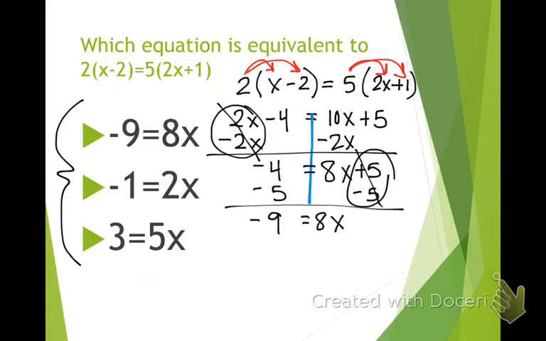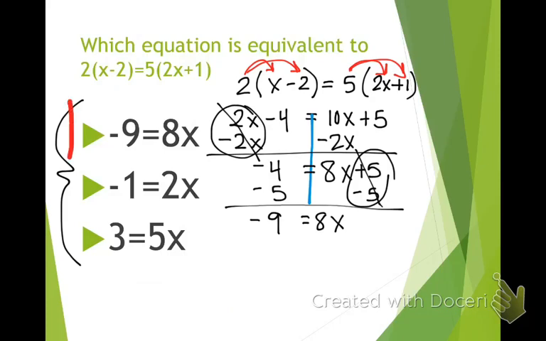And I want you to stop here and notice something. Now, we could keep going and we could divide both sides by 8 and get that x equals negative 9 over 8, but this problem is not asking us to find out what x equals. It is asking us to find out an equation that is equivalent to the one given at the beginning of the problem. And so now if I look at my answer choices again, I have found one, in fact, that